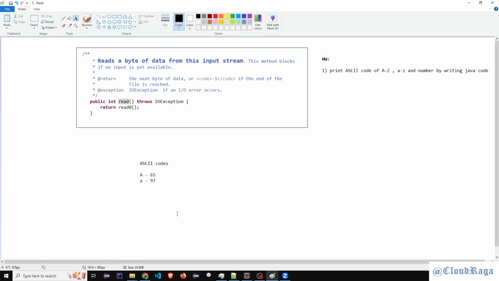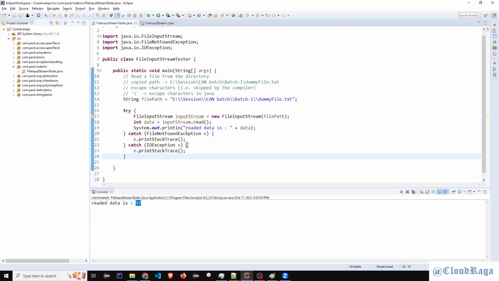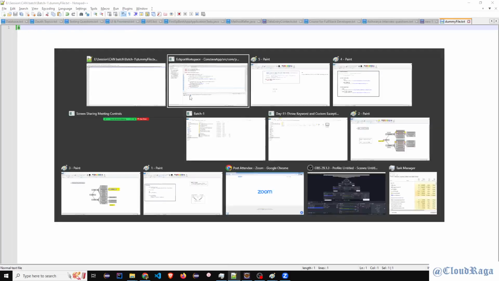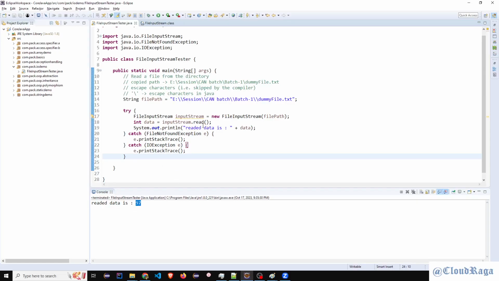Okay. So now what are we going to do? This is not fixing the issue, because we have a character there, small a or capital A, and it is giving us a number. Any idea, guys, how to fix this? Anyone knows about it? Sir, we can read the character instead of using integer.